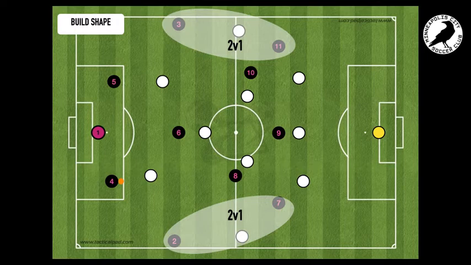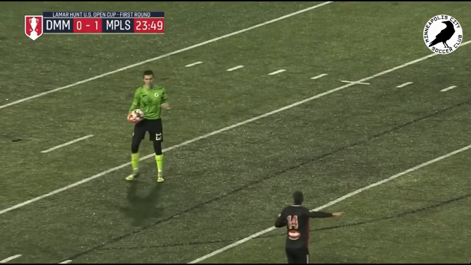and make a decision. So if they decide to go man for man in the midfield and they have two strikers on our center backs, our advantage is going to come in the width. And how do we manipulate that 2v1 on each side? So in this build-up, you'll see